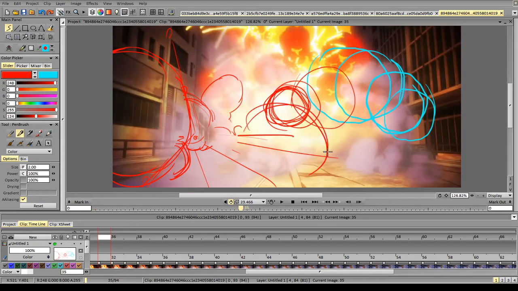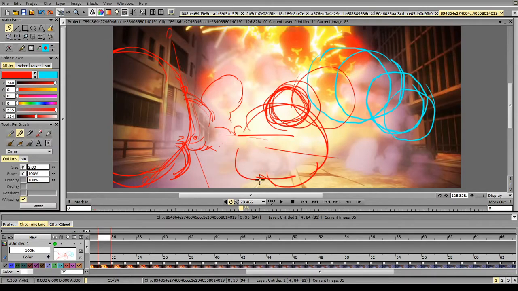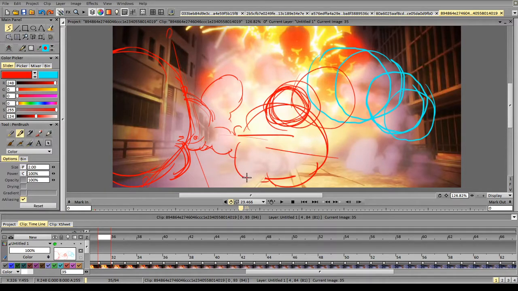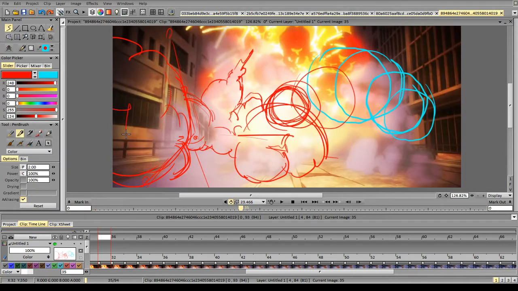Again, how big does it get? And again, don't forget about overlapping forms, because it's bread and butter of adding volume to your effects and animations. And hey, we've got some perspective going on here. So we've made a quick little explosion, and it already looks way more dynamic than if you just draw